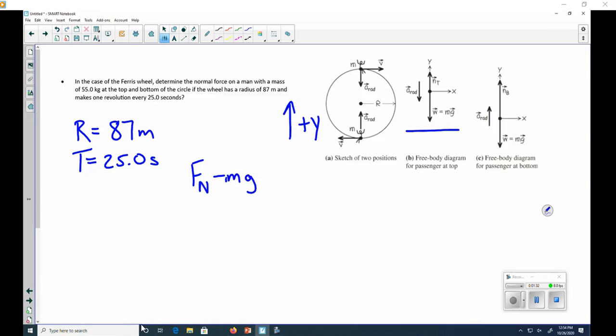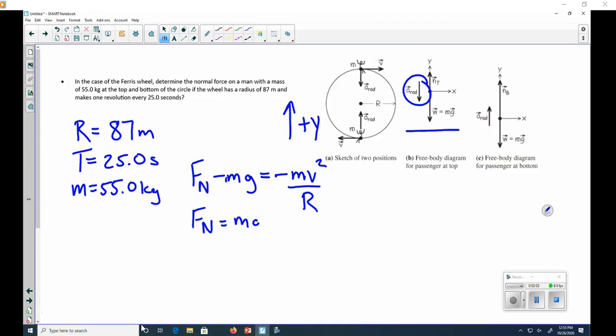So considering the point where he's at the top of the Ferris wheel, the normal force points upwards, the weight points downwards, and that's equal to the radial acceleration, which in this case will be negative because it's pointing downwards. And we find that the normal force, and so we can find the normal force by just finding the weight minus the radial acceleration, or minus the